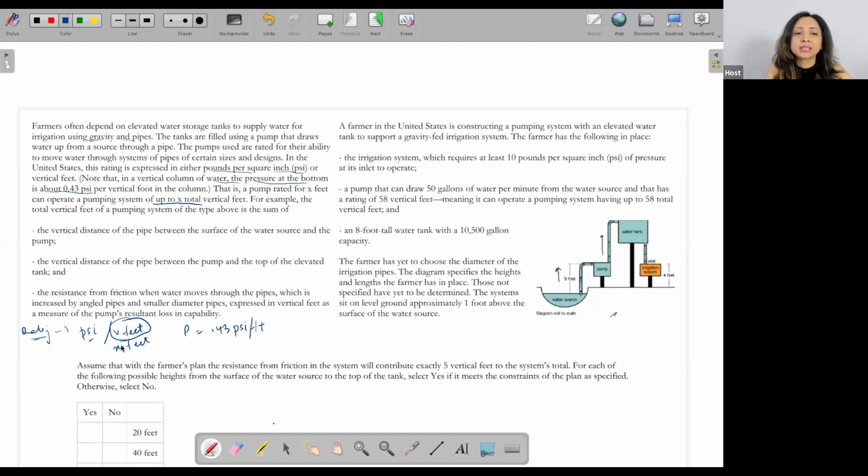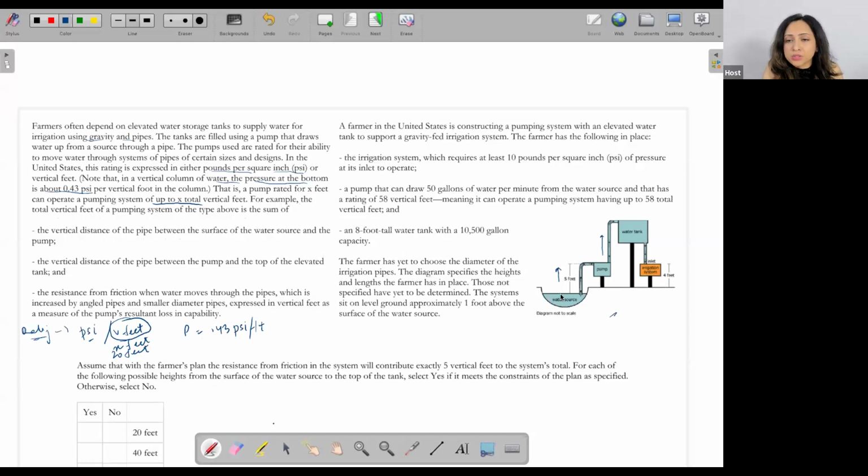So for example, I have a pump which is rated 20 feet. That means that it can operate for a vertical distance of 20 feet. Now, the total vertical feet of a pumping system of the type above is the sum of, so what is this 20 feet equal to? X feet, whatever. What is this equal to? It is the sum of the vertical distance of the pipe between the surface of the water source